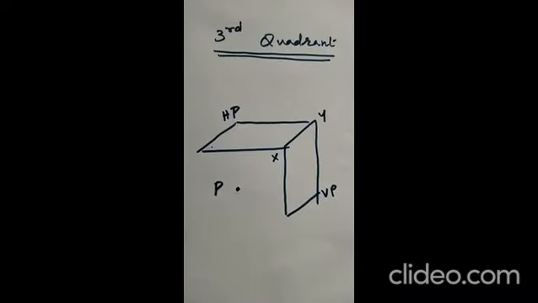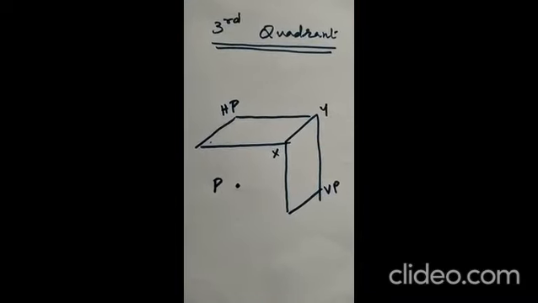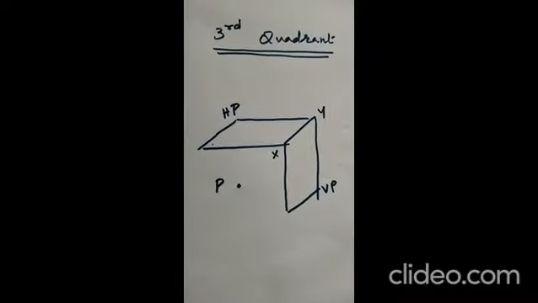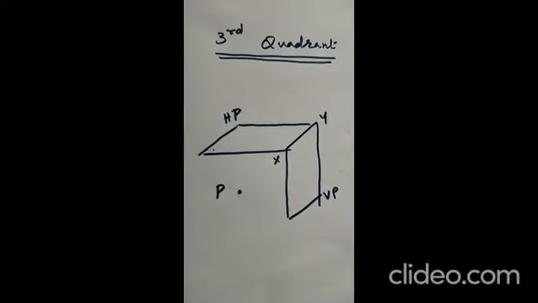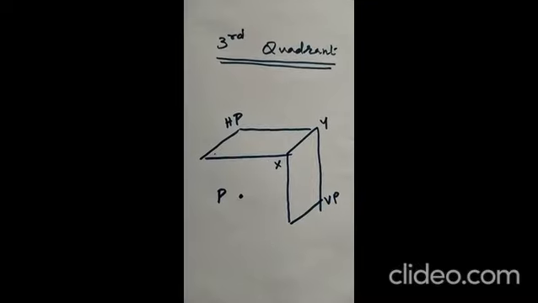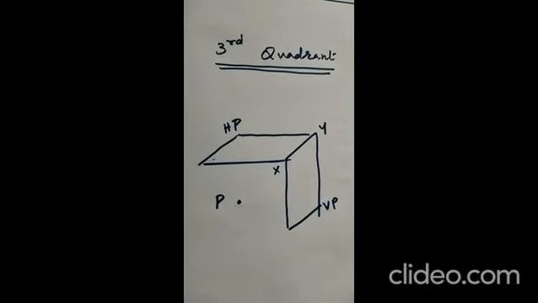So projection of point in the first quadrant and second quadrant got over. Now we move on to the case of third quadrant and fourth quadrant. Now we have come to third quadrant discussion. So here I have depicted the third quadrant alone in space, avoiding the first two quadrants and the fourth quadrant